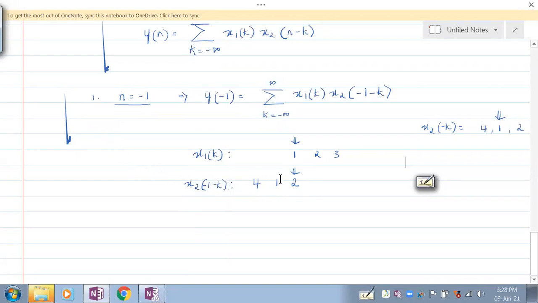When would the first person congratulate the first person here? When they overlap. So when would the handshaking happen? When these two people meet, right? The first person here meets the first person here. So when they meet, the handshaking will happen. So that is when you will have the convolution sum.